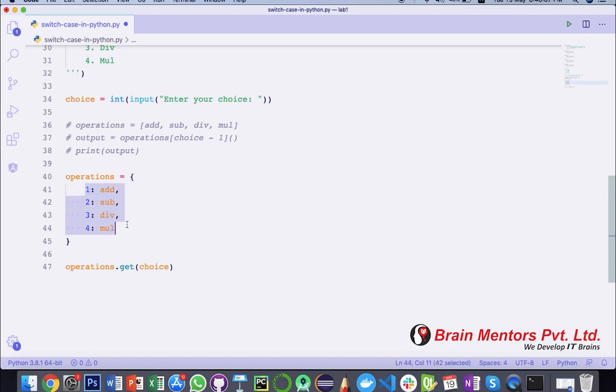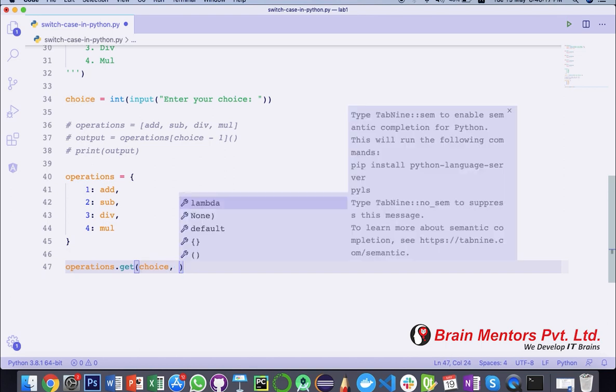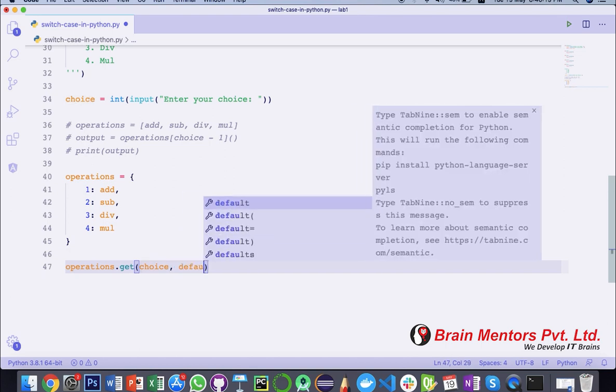So whatever the user enters, you can just directly pass it in here. You don't even need to subtract 1. So the first point of ease comes here. The second best thing, the advantage over the list, is that it has something called default equal